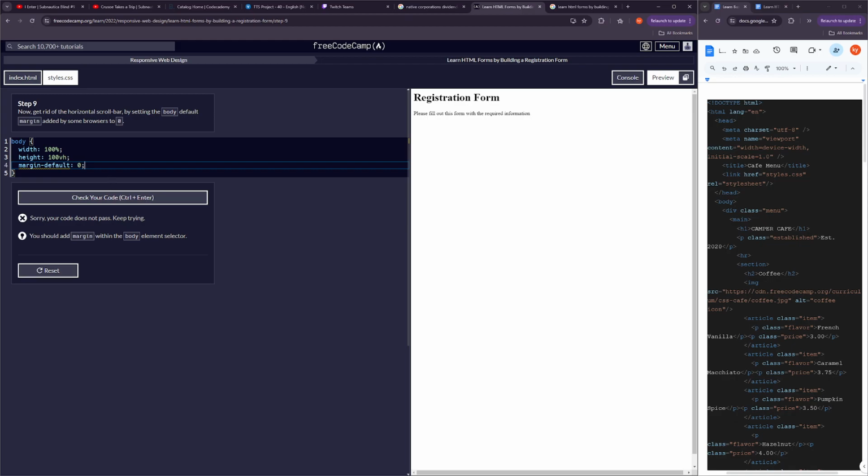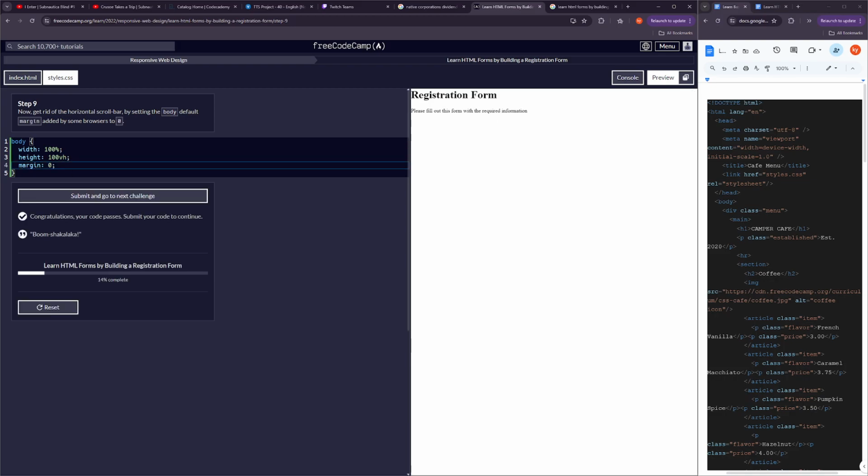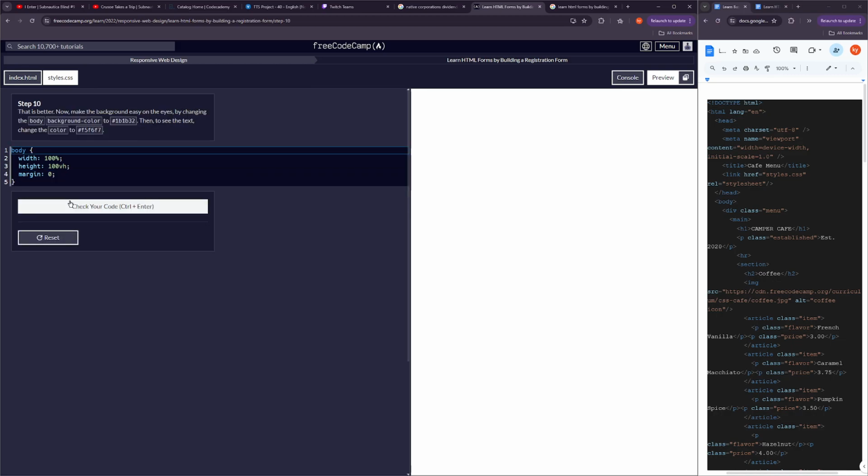Default margin to 0. Oh my gosh, is it just margin? Wow. I was just going above and beyond there, I guess. 10, that's better. Now make the background easy on the eyes by changing the body